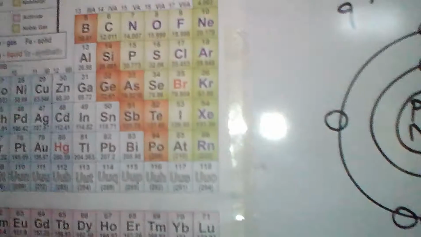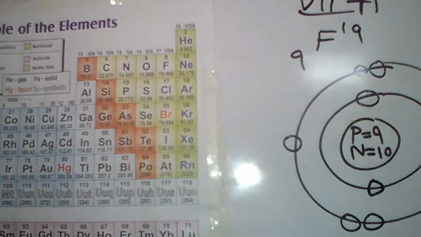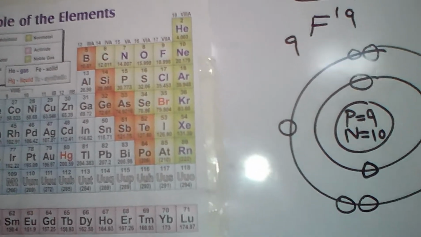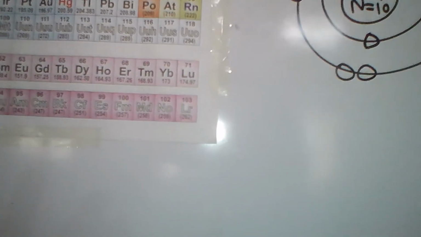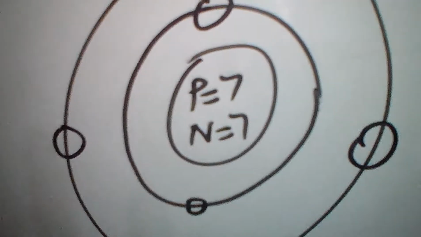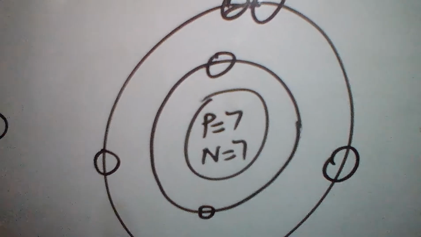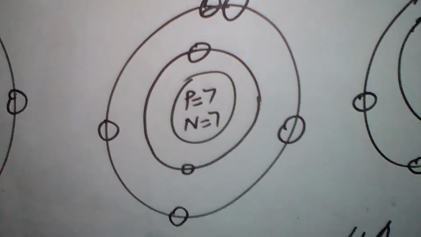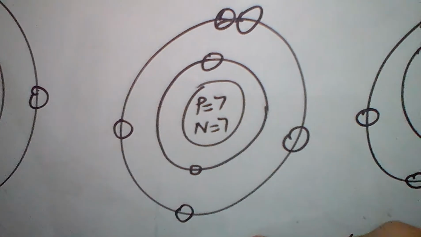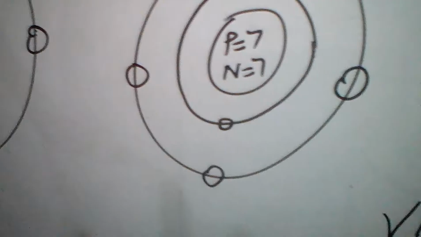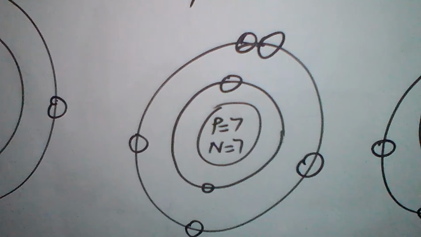Similarly, the fifth A group contains nitrogen, phosphorus, arsenic, stibium and bismuth. It should have 5 electrons in the valence shell. We can see that nitrogen is the first element. The nucleus contains 7 protons and 7 neutrons. The first shell contains 2 electrons and the second shell contains 5 electrons. The element belongs to the 5A group, so valence electrons are 5 in number.